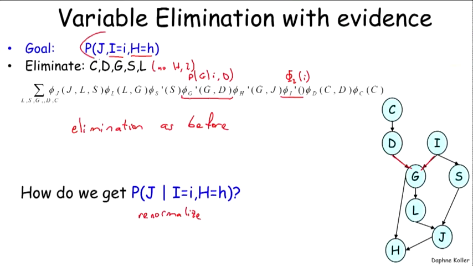Because we can take this and simply divide by what it turns out to be the probability, the normalizing constant is